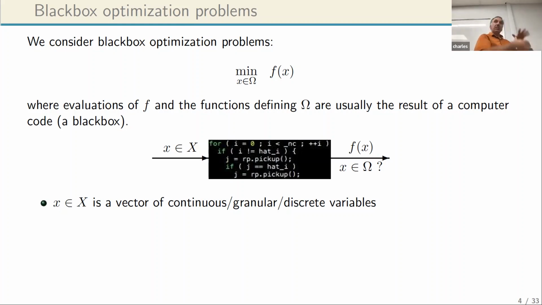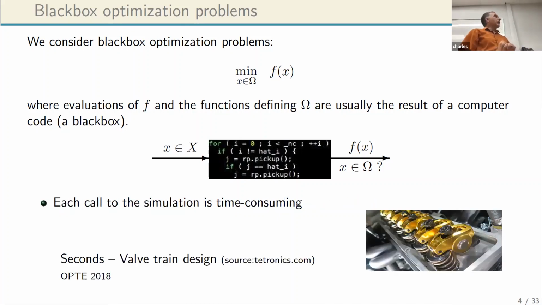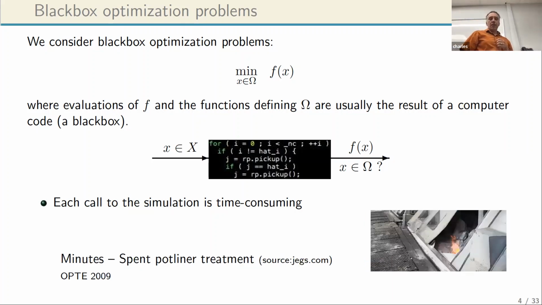So that's a general framework for optimization, but we're in the particular case that has the following components. So x can be a vector of continuous, granular, or discrete variables, or a mixture of all of that. The game we're playing is that since this is designed mainly for real applications, computing f of x can be expensive, can be time consuming. So there's an example in valve train design where each time you compute f of x, it's a question of seconds. In work that one of my students did a few years ago, in spent potliner treatment,